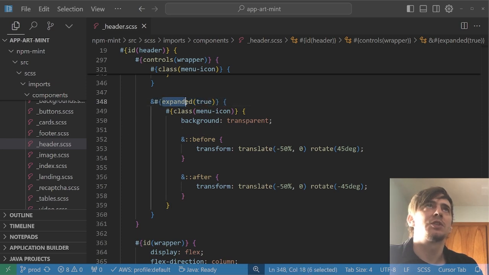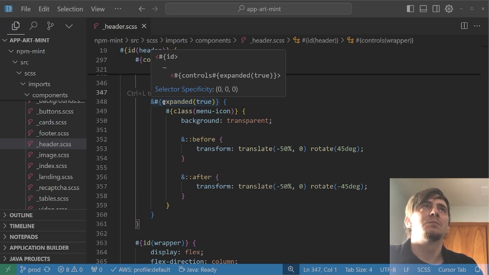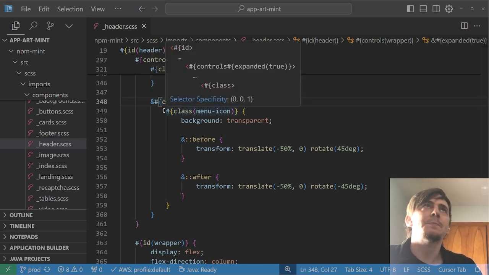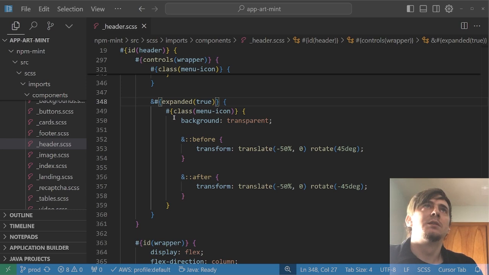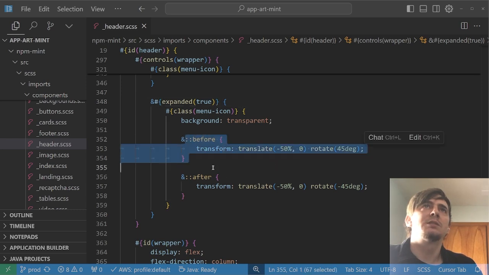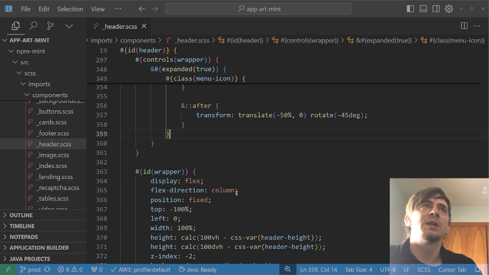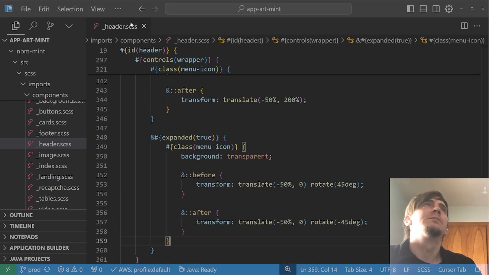This is another Sass function I wrote that basically just makes it aria-expanded equals true. And then it rotates and translates the bars to turn them into an X. That's all that is. And this is publicly available on npm